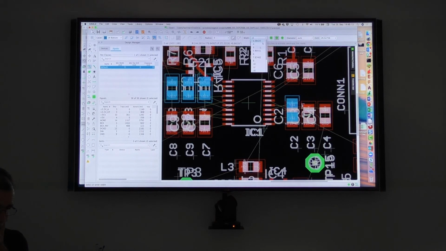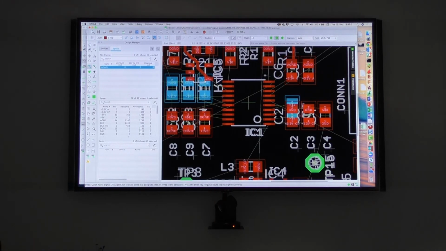Is it because you're on the bottom layer? Yes, correct. Thank you. You see, okay, now it works. Thank you very much. Okay, here I select the number of